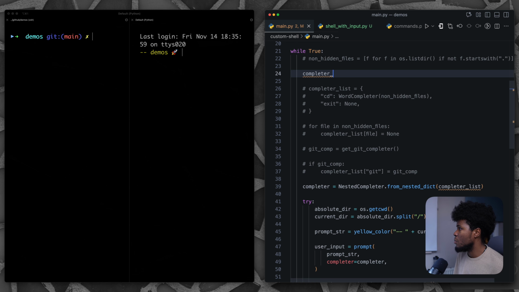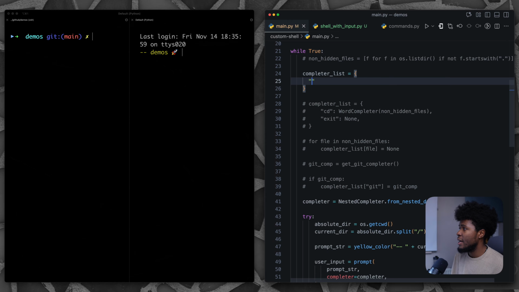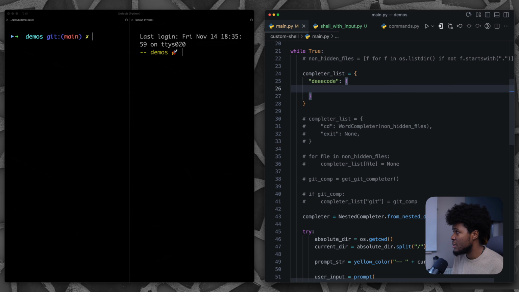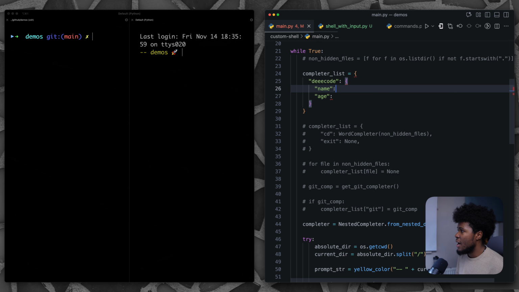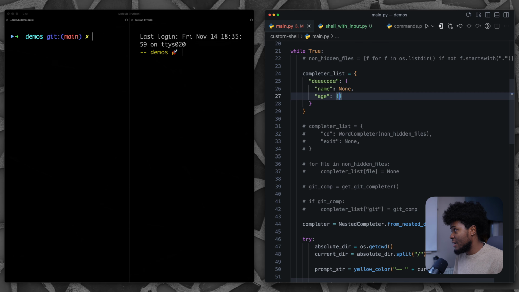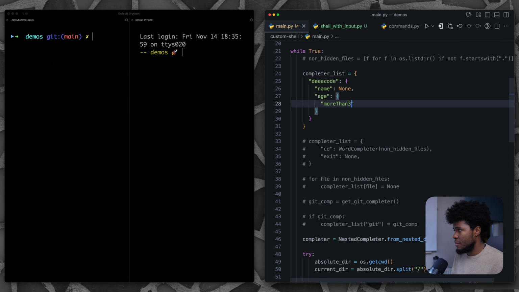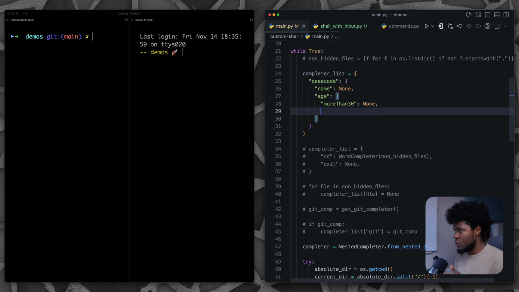So if I have my completer list here, I can say for a command Deeecode, when the user types Deeecode, the next things I want you to suggest is the name, the age. And for the name, if I do none, then it means that when you get to name, there is not going to be an extra autocomplete or an extra list to pick from. After age, I can go as far again as saying more than 30, none. So stop here with the auto completion. Less than